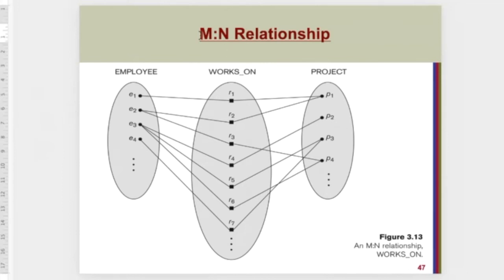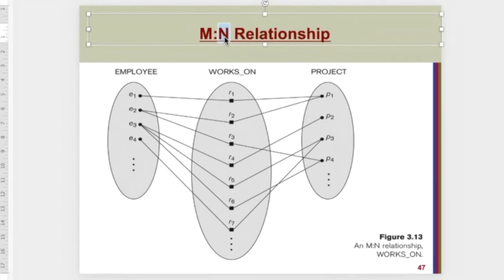Anyway, similarly, if there are many to many, many means more than one. So more than one from here, more than one from here. One employee can work on more than one project, and one project has many employees working on it. So more than one is many: many employees, many projects. If there are many to many, what should we say? M to M? No, we don't say M to M. We say M to N. It means many to many, because M to M means